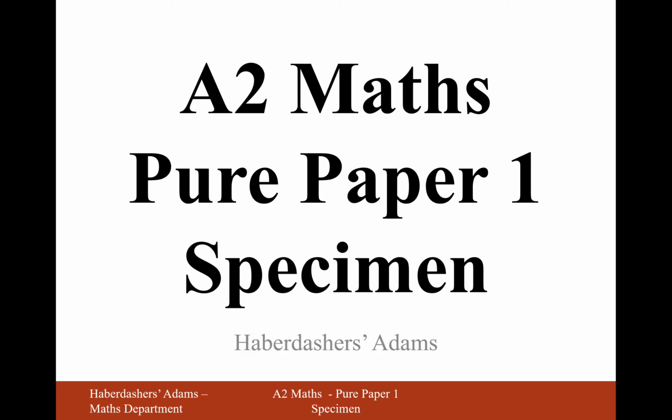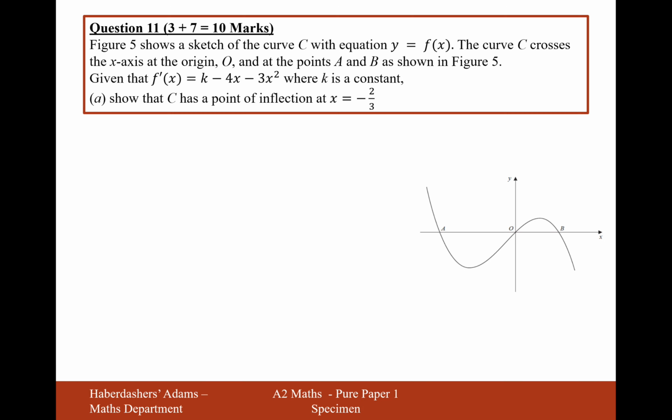Hello there and welcome to A2 Maths from Specimen Paper 1, and here we're looking at question 11, a differentiation question. Figure 5 shows a sketch of the curve C with the equation y equals f of x. The curve C crosses the x-axis at the origin, O, and at the points A and B as shown in figure 5. Given that the derivative of f of x is equal to k minus 4x minus 3x squared, and k is a constant,